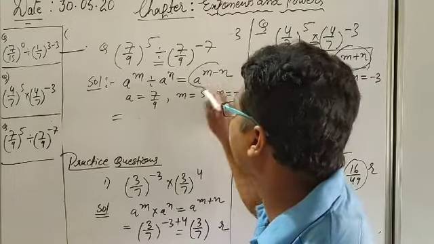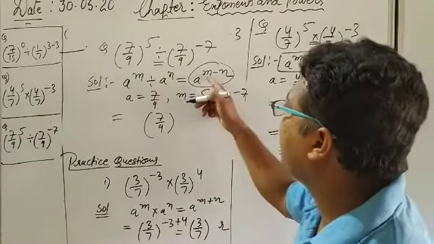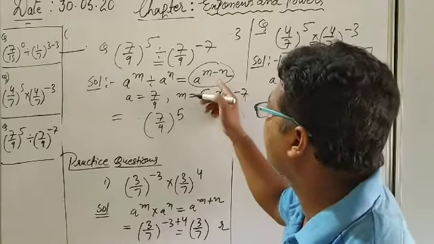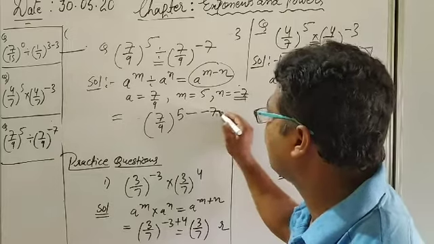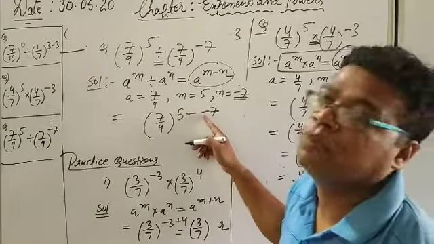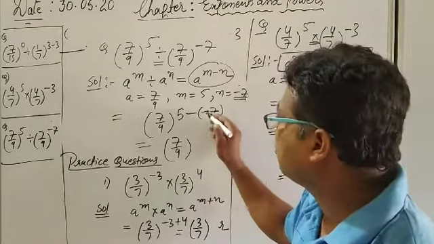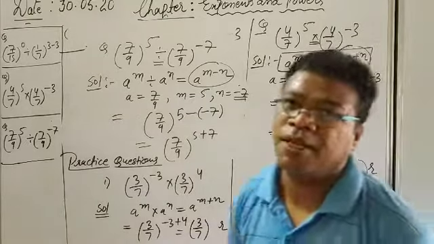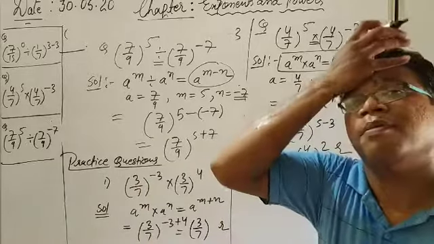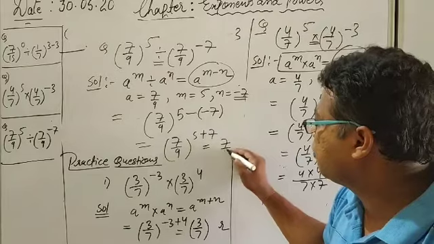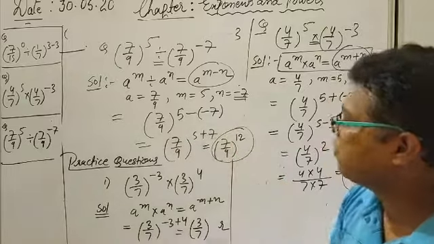Apply the rule carefully. A to the power m minus n. This I have to go. So 7 upon 9 I am writing down. I am putting the bracket also. After that m is coming first. So what is the m here? 5. Minus sign, minus sign. After that n. What is the n here? Minus 7. So I will write down minus 7. But these both the negative signs should not come together. I am putting bracket. After that 7 upon 9. Both the minus signs are going to be converted into the plus sign. This is the integers law. Okay, minus minus they always make plus, and plus minus they always make minus. So my answer will become directly 7 upon 9 whole power 5 plus 7, both are the positive integers, directly 12. So this is my final answer.